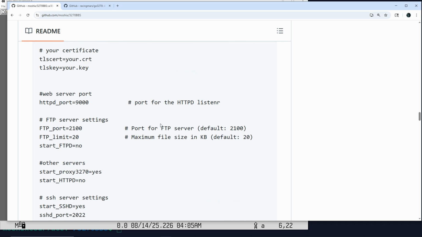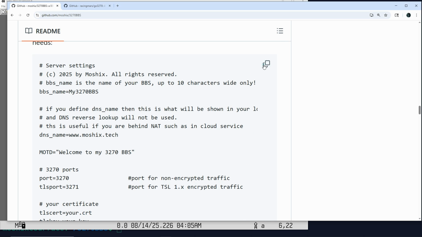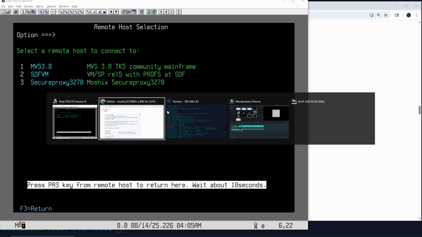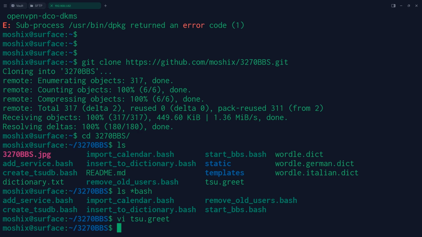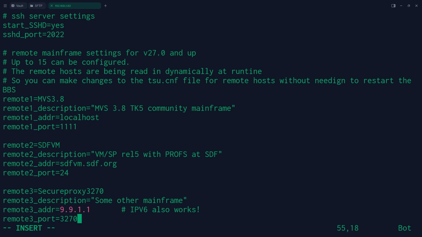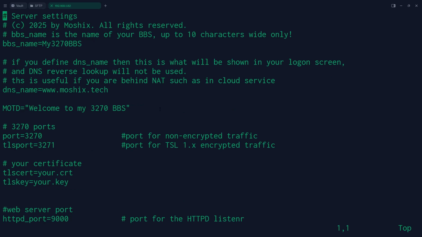So why don't we take this and put it into our nascent, brand new BBS. So it has to be called tsu.cnf. So TSU is the internal name of the application. So we'll put it in there. Okay. So it's all here,